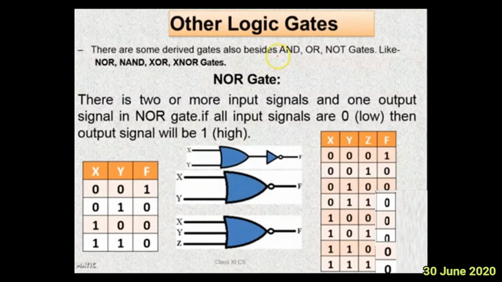They are basically constructed based on the working principle of the basic gates. So first let us see the NOR gate. What is exactly the NOR? The name itself suggests it: NOR, or which is made NOT. You can see here in the diagram, this is an OR gate, then made NOT. Or else this dot can also be a circle, that is also correct. For three inputs it is like this.